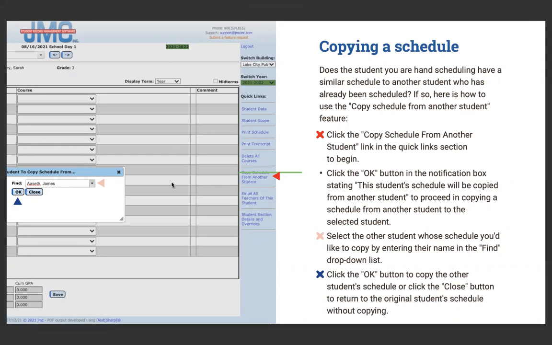It's one of my favorites. You find the kid, you click the copy schedule from another student link in the quick link section. It'll ask you, are you sure you want to do this? You click OK, that's this step right here. Then you'll select the student who you're copying from and click the OK button, and it will copy that kid's